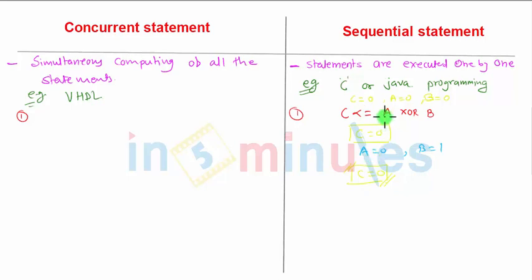I have not executed this one. I have executed this statement, this one, for this. So when the values of A and B are 0, I executed this, and the value of C is equal to 0. It is stored. Now I have changed A and B, but I have never called for this statement, and I am checking for the value of C. It will show me the previous value as it is, therefore C is equal to 0.